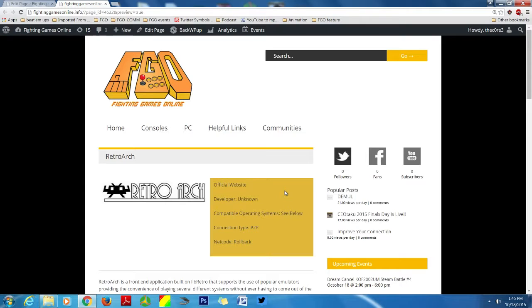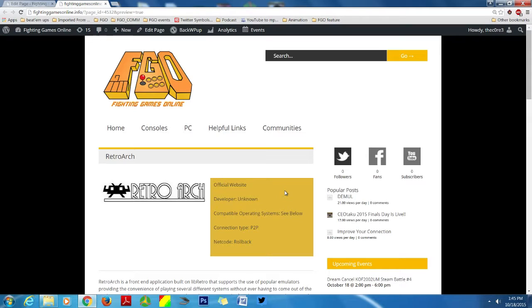It also has video codecs. So it allows you to run multiple things on the RetroArch front end. That's kind of the best way that I can explain it.